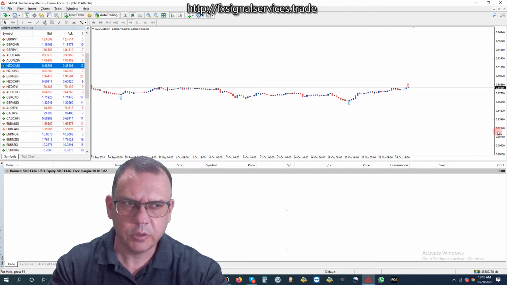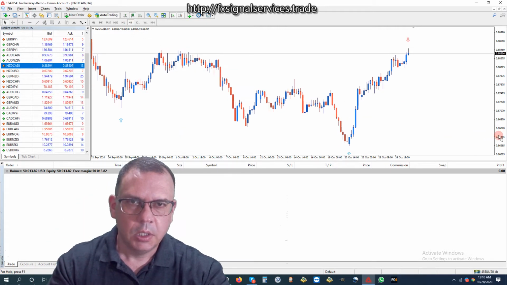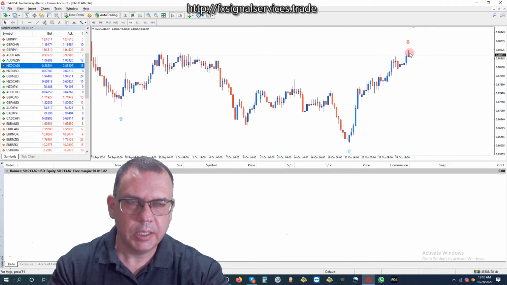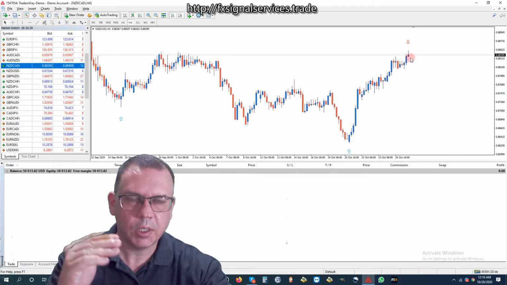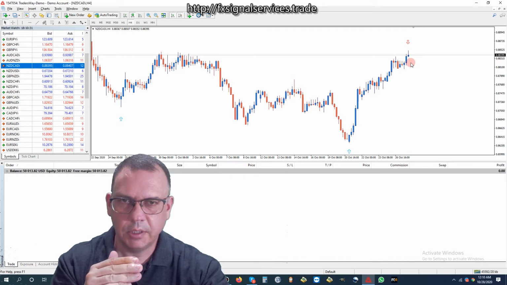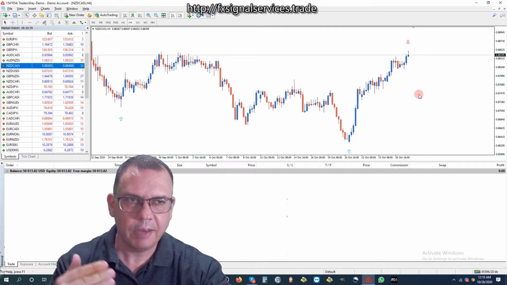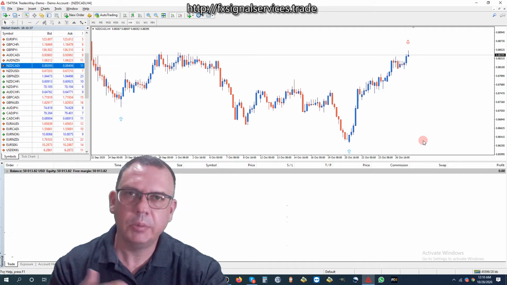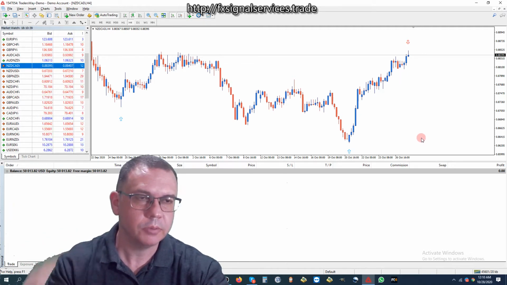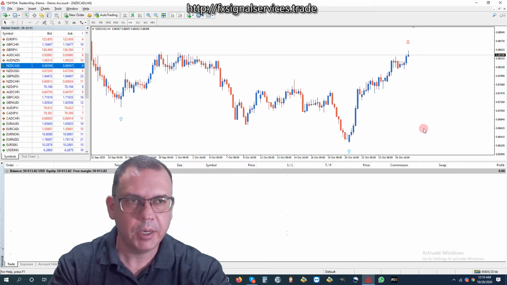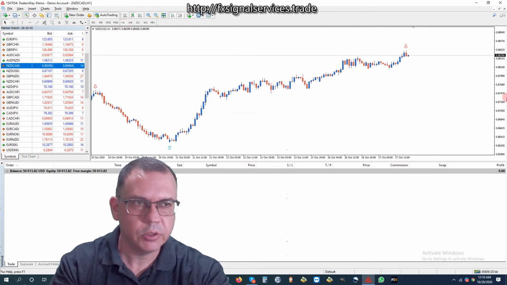Now the 4-hour shows a sell, so that means it should be dropping now, and it's probably going to drop for the next few days at least. But it's not going to have a massive drop, because the long-term trend is bullish. So we want to keep that in the back of our minds. The 1-hour shows a sell as well,